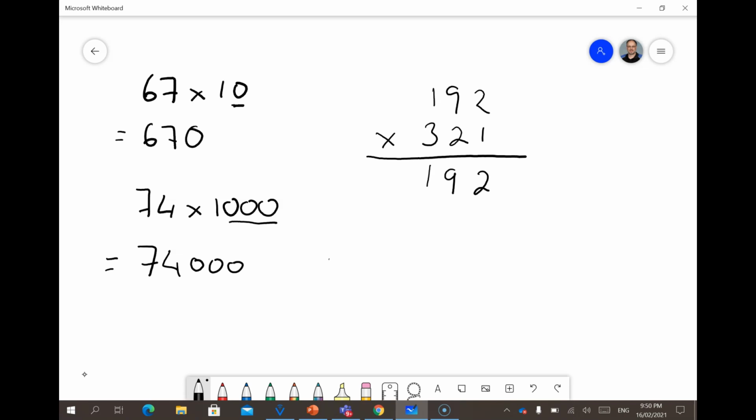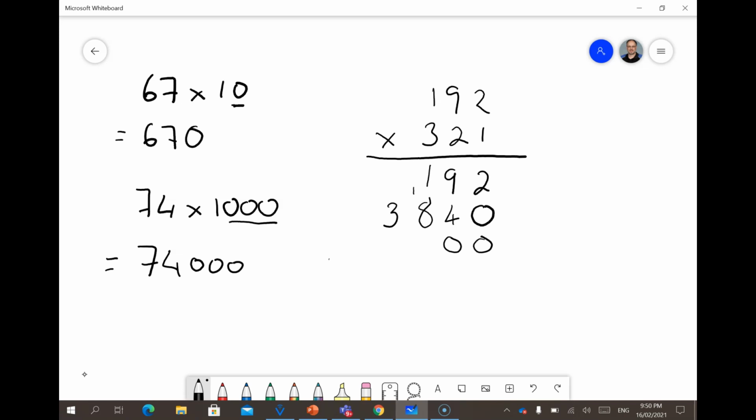We're now going to start with the 2 of the multiplier, so we're going to be doing 10, so we start with the 0. 2 2s are 4, 2 9s are 18, carrying the 1 up, and 2 1s are 2, picking up that 1 is 3. And now we're going to be doing hundreds, so we have a 0 and a 0. So we've got the zeros of the hundreds, because that's the column that we're going to start putting our answer